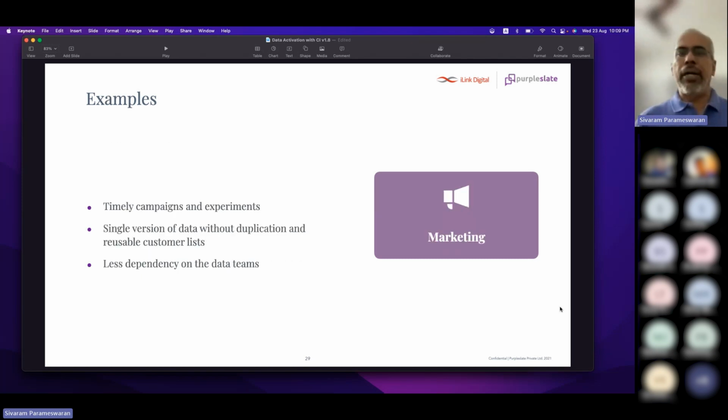Similarly, within the marketing world, I also talked about it. There is a whole bunch of customers, and now you can really create a campaign and give it to them. Rather than downloading the sheet, sending it to your marketing team, and having them run those campaigns, why can't we integrate this whole layer within the BI application as well?